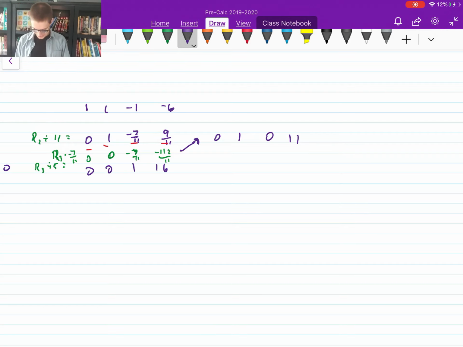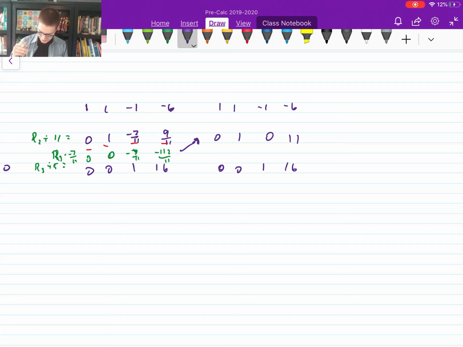So let's see, we got 0, 1, 0, 11, and finally, we just need to finish up 1, 1, negative 1, negative 6. Okay, so I can subtract. Let's rewrite this just to finish it up, so we're very clear and not worried about what's going to happen next. We've got 1, 1, negative 1, negative 6. If we want to take care of this negative 1 here, I could